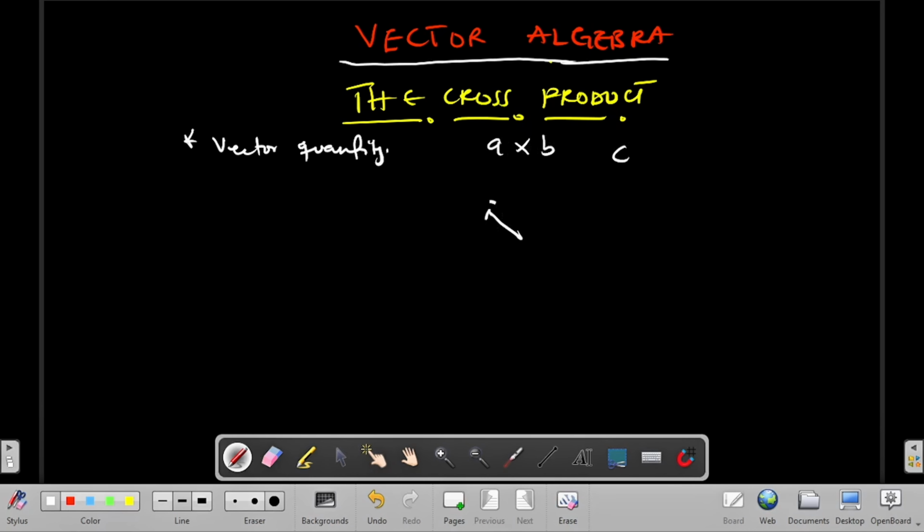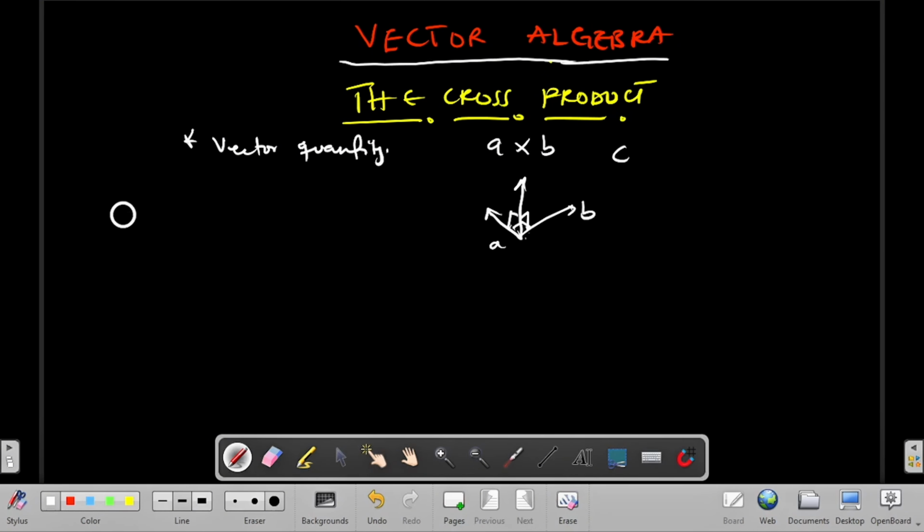So let's say vector A is here, which is 90 degrees to vector B. The cross product is simply another vector which is perpendicular to both of them. As simple as that. That is the idea of cross products. So